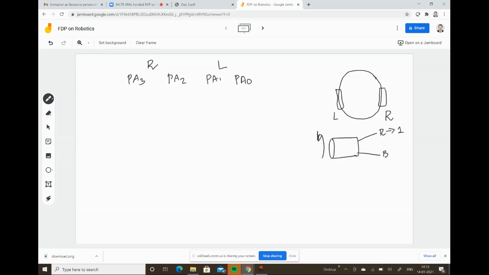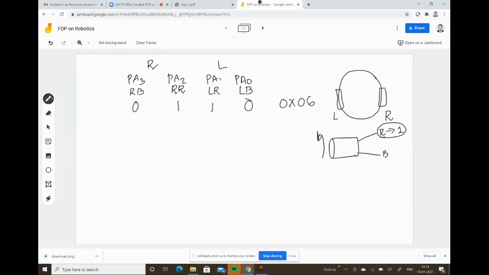It is assumed that the left red wire is connected to PA1, and this is left black. Similarly, on this board, the right motor's red wire and black wire are connected to the PA3 pin. For continuous motion, red should be made 1, so I am writing 1 1, and the remaining two will be 0. So I will be getting the value as